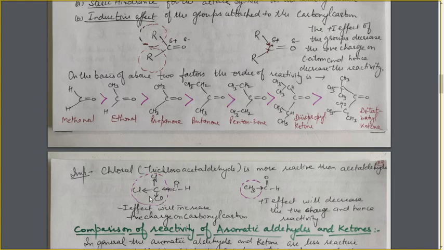Although there is some steric hindrance because of these three bulky Cl groups, the hydrogen atom is on this side, which helps the attack of the nucleophile due to a little lesser steric hindrance. That's why, due to the high positive charge, the nucleophile is able to attack the carbon. But here, the CH3 group is electron donating in nature. It has the plus I effect, and the positive charge will decrease here, which decreases the reactivity.